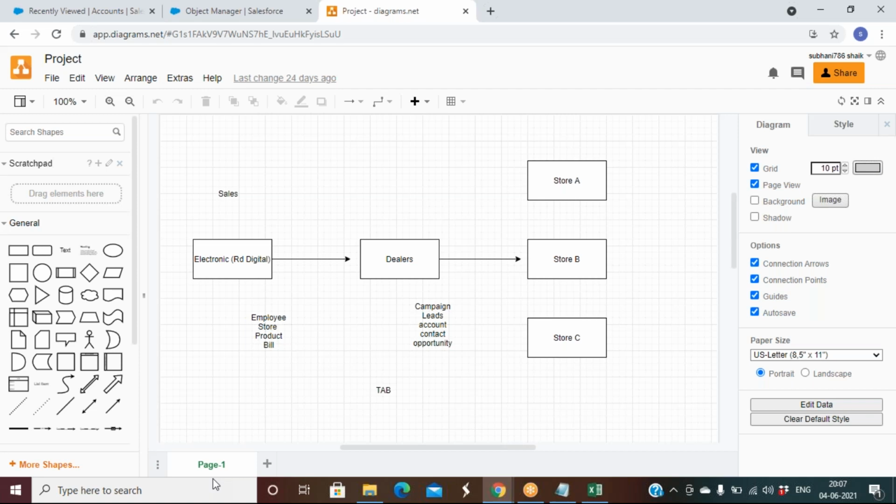Understand. Okay, so what do you mean by standard? By default, whatever you see, that is standard. Custom means... One thing, can you please repeat the difference between custom and configuration?